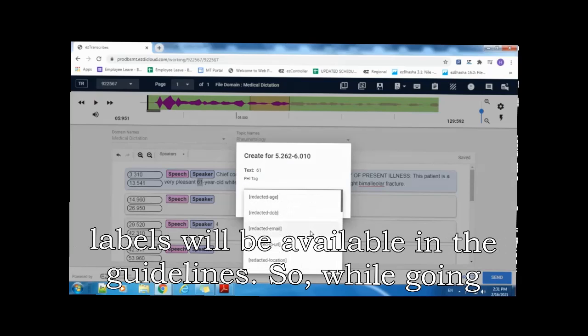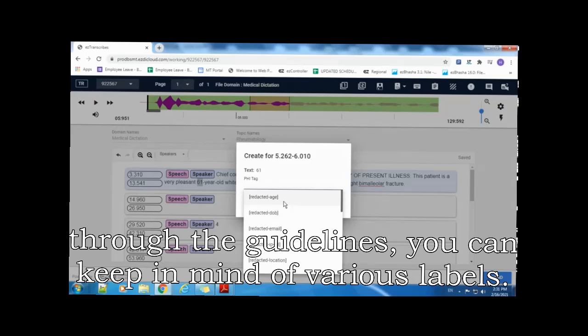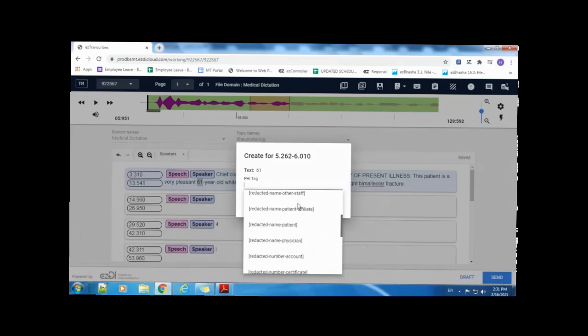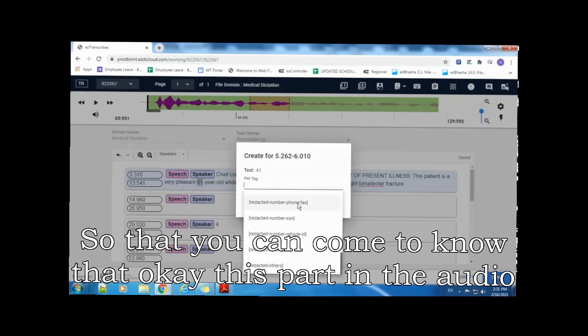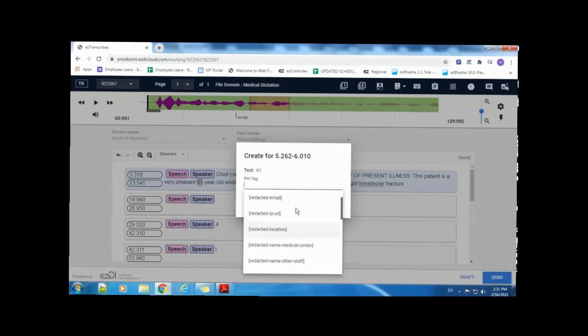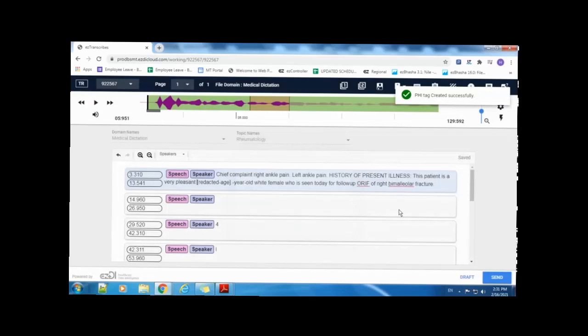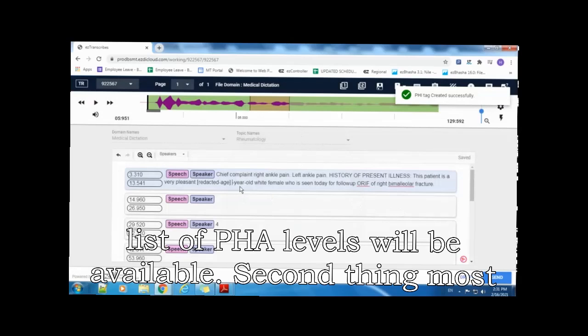So while going through the guidelines, you can keep in mind the various labels so that you can come to know that okay, this part in the audio needs to be redacted. The list of PHI labels will be available.